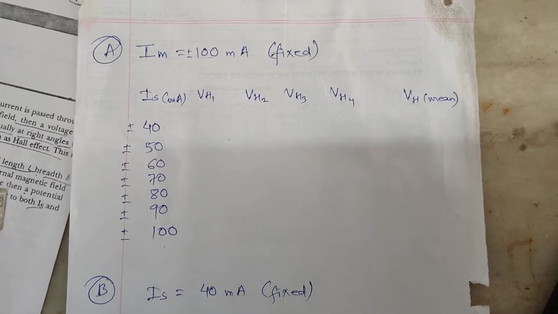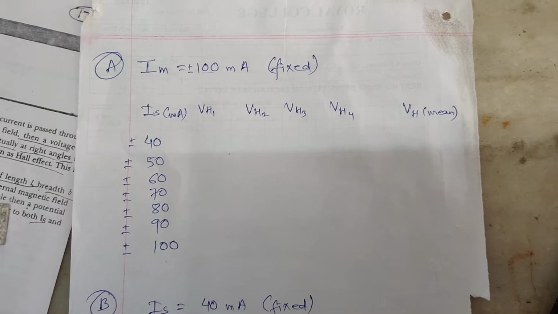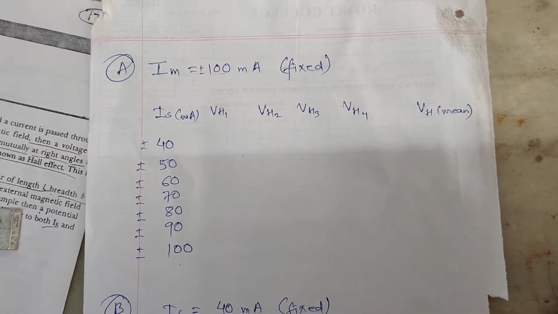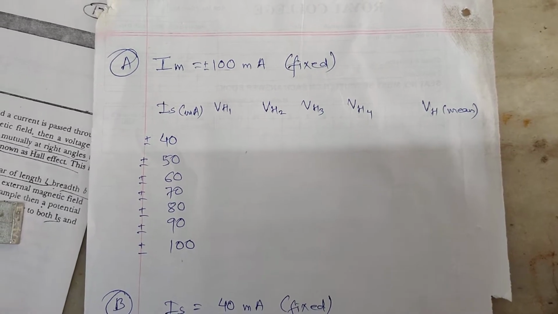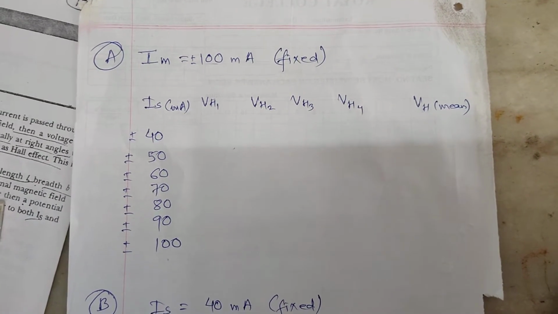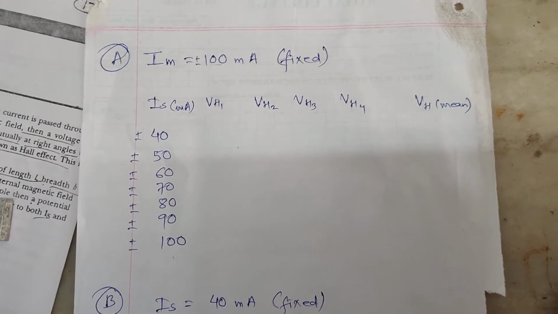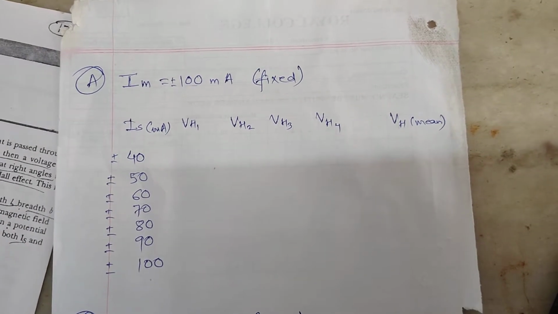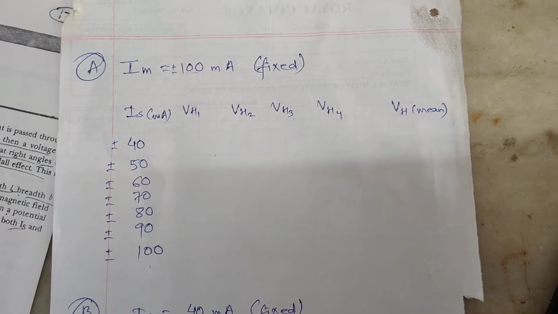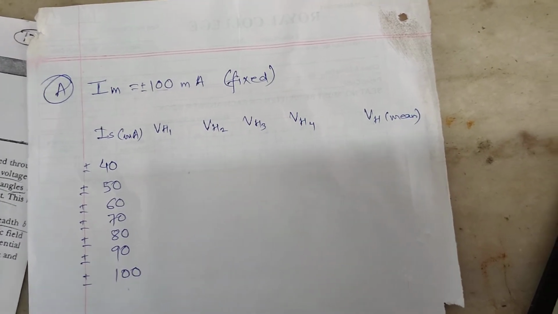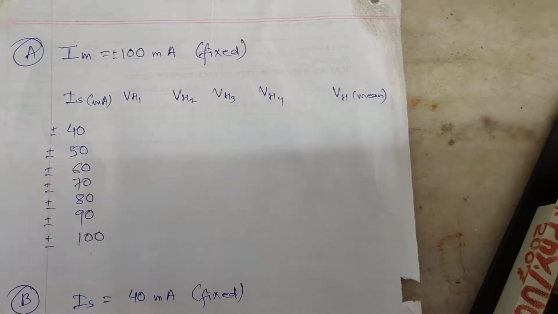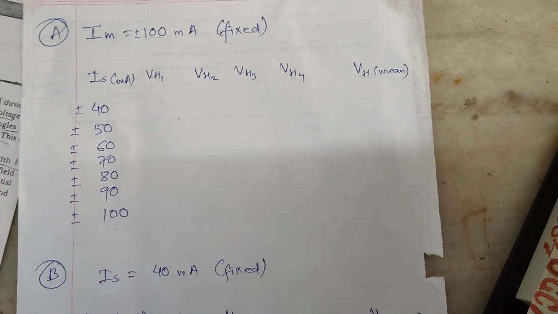And how will you get 4 different values? First, IM we have kept around 100 milliampere. So 100 milliampere, plus I first take plus 50 milliampere. For the plus-plus combination, you will have VH1, plus-minus combination you will have VH2, then minus-plus combination you will have VH3, and then minus-minus combination you will have VH4. So depending upon IM and IS value, you will have four different values